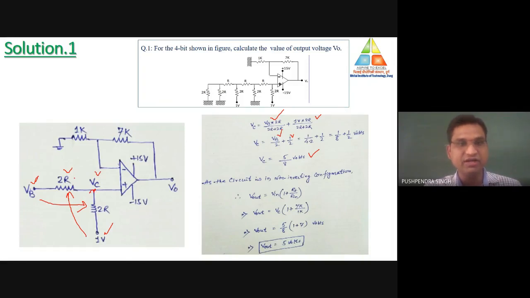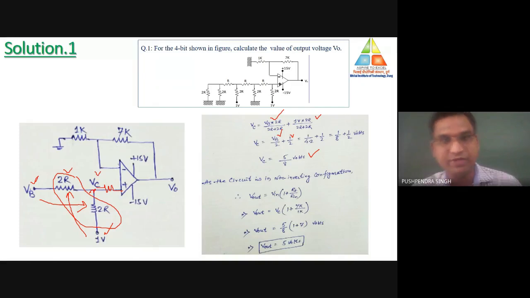Now what is the value of the equivalent resistance? The equivalent resistance is 2R in parallel with 2R, that is equivalent to R, but it is not needed over here. Why? Because that resistance will be connected in series with the input terminal of the operational amplifier, directly connected to the input terminal. And the input resistance of the operational amplifier is already infinite, so it is not needed to calculate the value of this R resistance over here.